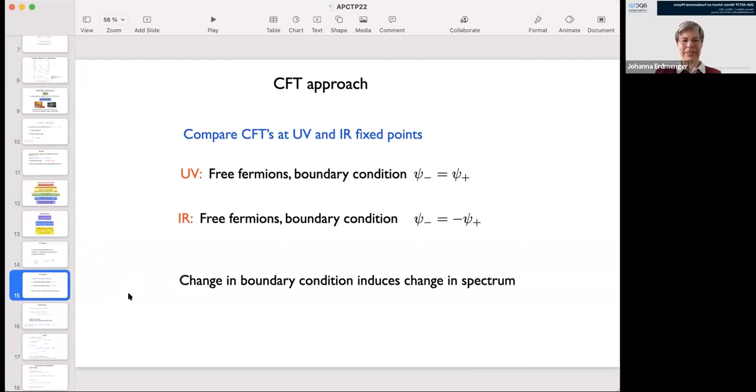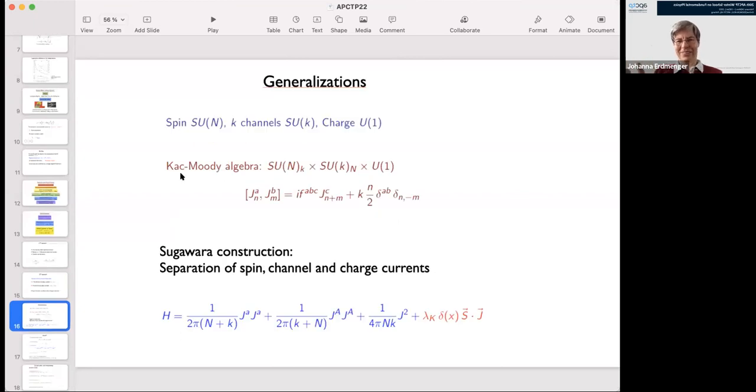Yes, they play an important role, and in particular, since we have these Kac-Moody algebras, we know what the spectrum of our theory is. Okay, and then we can obtain this. So basically, the work of Affleck and Ludwig was to use these Kac-Moody algebras to obtain the spectrum at the IR fixed point. Okay. Yes. Here, there are the Kac-Moody algebras. Okay, so this is my next slide. So this is a very good question because I'm coming to this now.